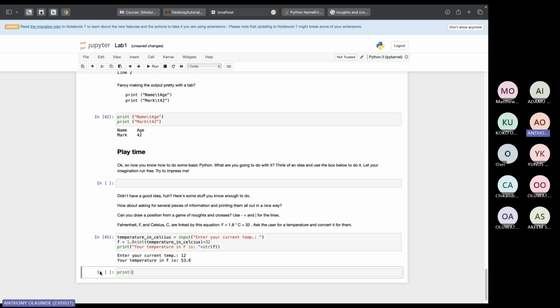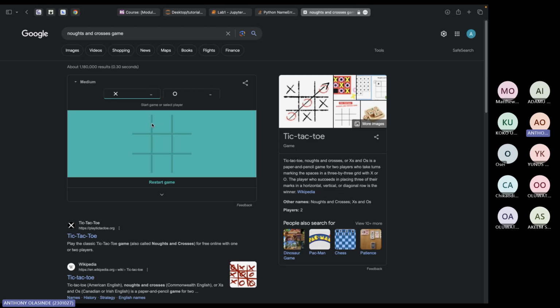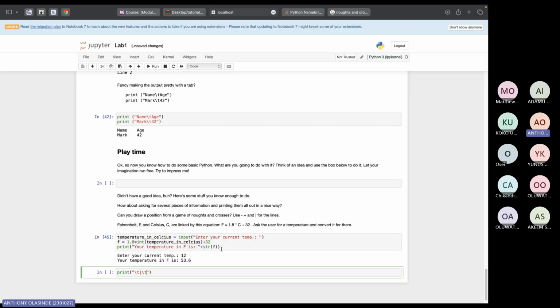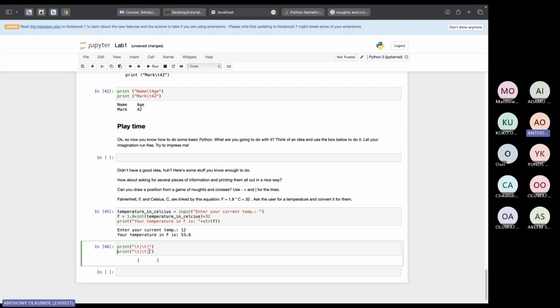Print, I need a space. Let's just say space or a tab. Can use a pipe and another tab. I'm trying to draw. I need 2 lines here, right? So 1, 2. So 2 lines. Let me see what I get from here first. So I get this line. So I can go ahead and print something under it. I want to use plus,